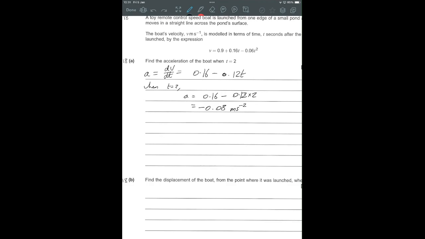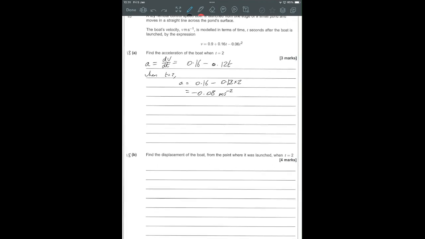Okay, find the displacement of the boat from the point it was launched when t equals 2. Well, here displacement is the integral with respect to time. So now I need to try and integrate that v. So that's 0.9t plus increase the power divided by the new power. That cubed, nope, squared, jumping ahead of myself slightly,